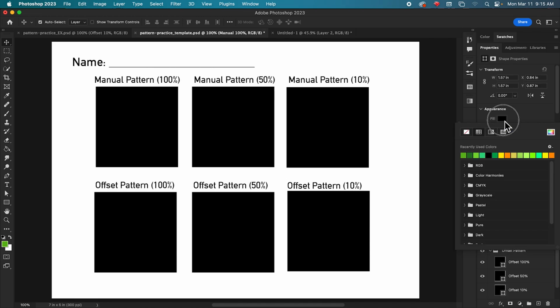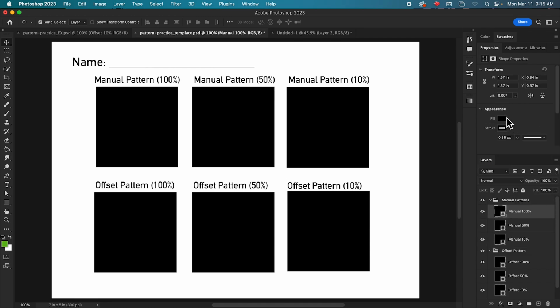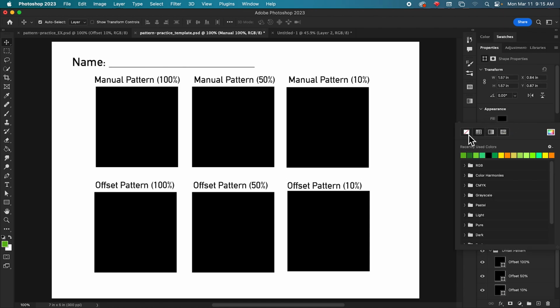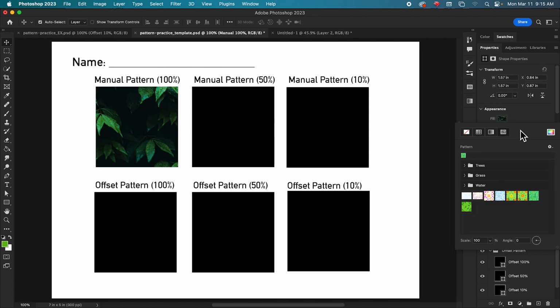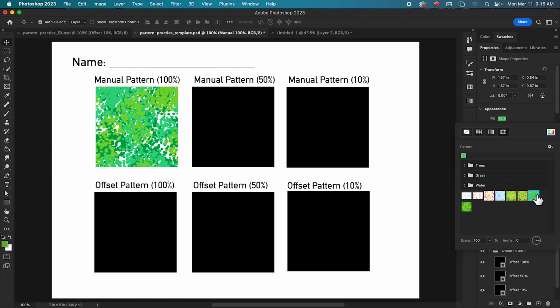I'm going to click the fill and, if I mouse over it, it says set shape fill type. I have options: nothing, swatches, gradients, or patterns. We're going to choose patterns, and it's going to automatically apply the first default pattern, but we're going to go in and apply our manual pattern.